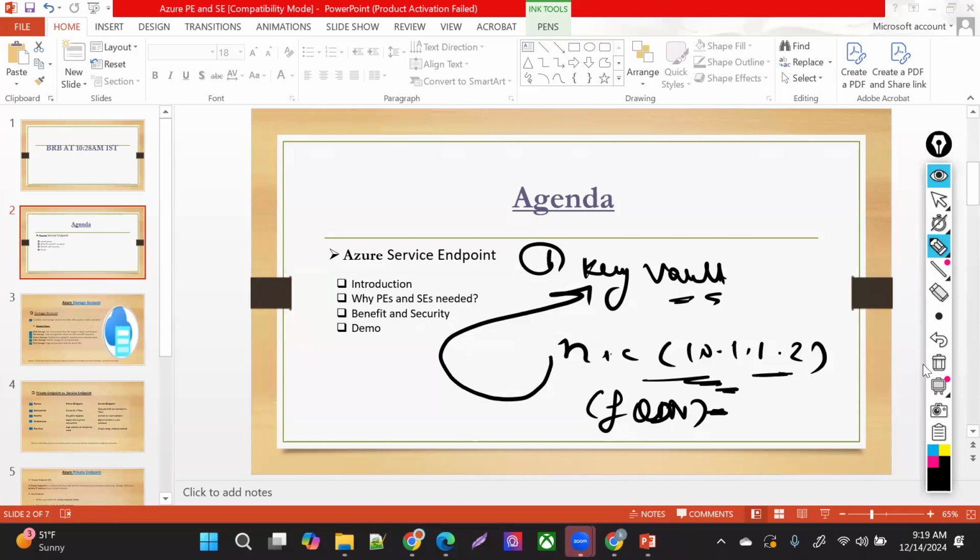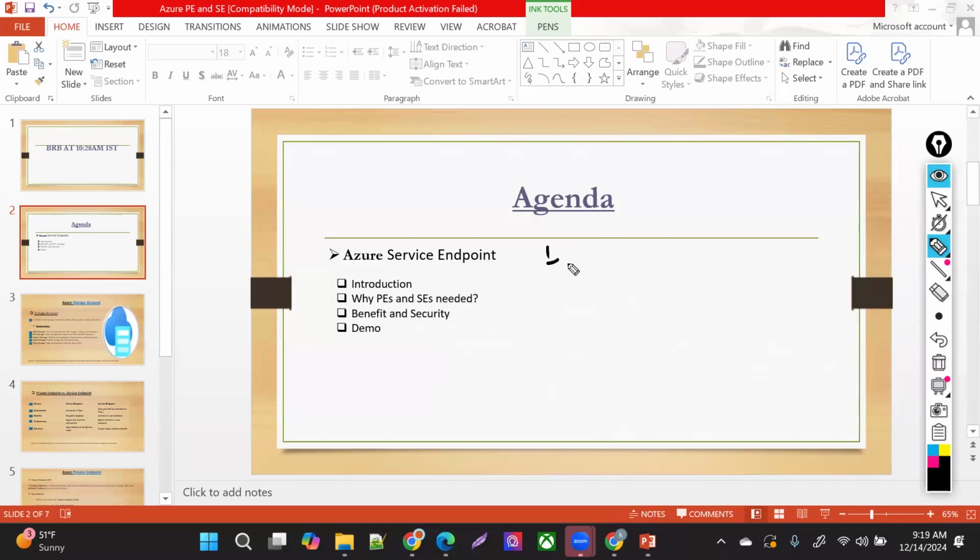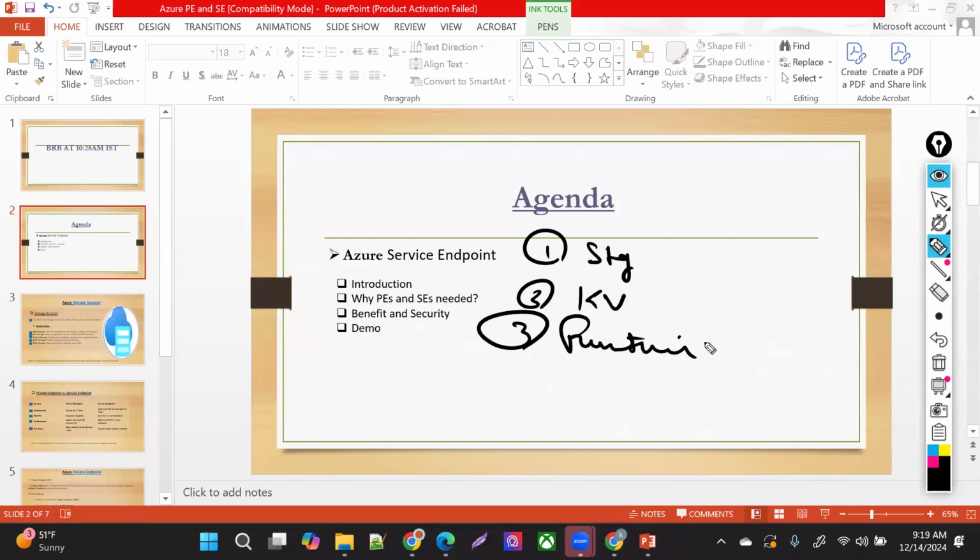Okay, there are many services. One, we discussed, is the storage account. Second, important service we are talking about, Key Vault. Third is the function app. It's a serverless compute system. Let's say I want to build one e-com application where I'm selling mobiles, watches and all that stuff, right? I just have my e-com application code, nothing else.